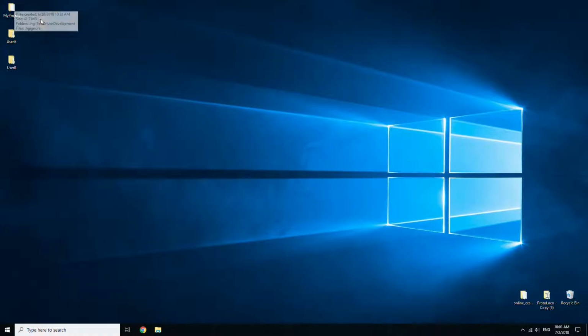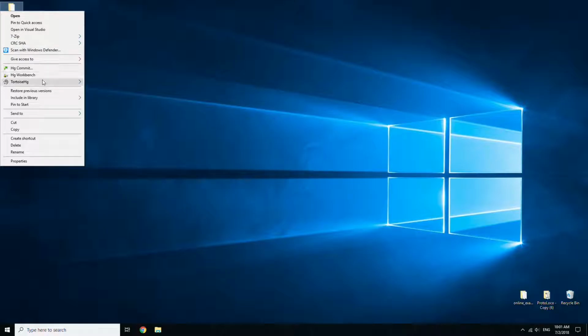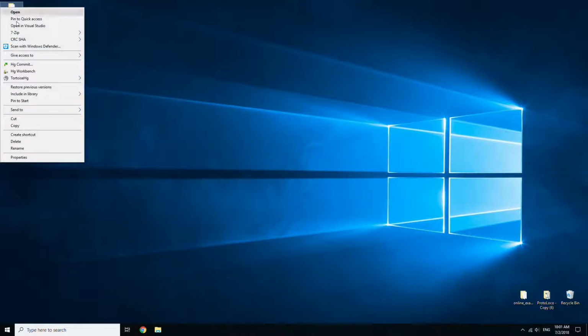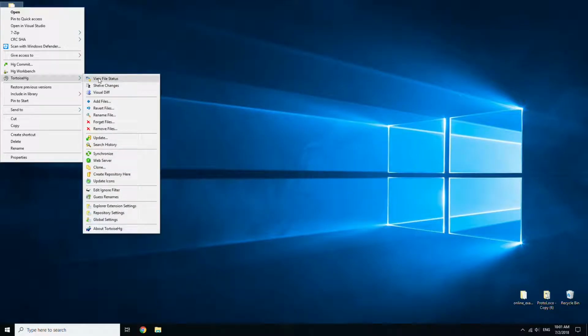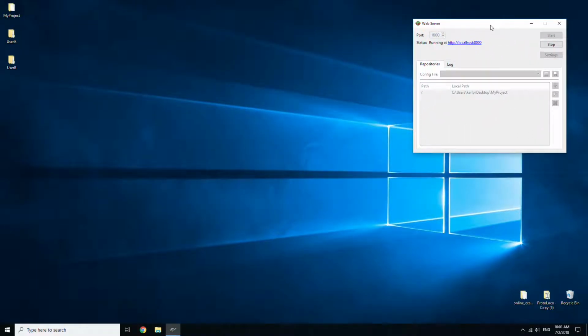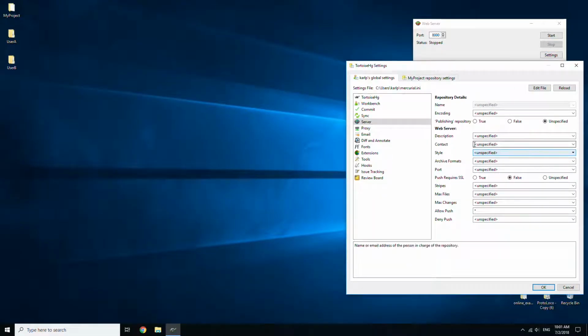committing and pushing to the central repository, we have to set our server, which is the hg serve in Mercurial. But here you just right click the central repository folder and then web server. Okay, it actually created the server right away, but the settings are not fixed yet, so we actually have to stop it first, settings, and